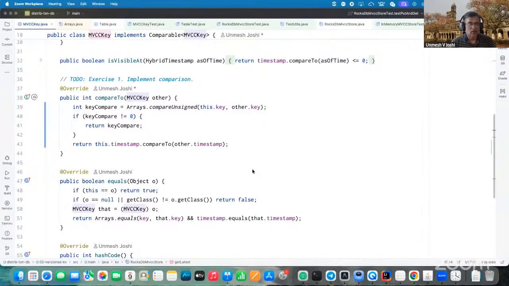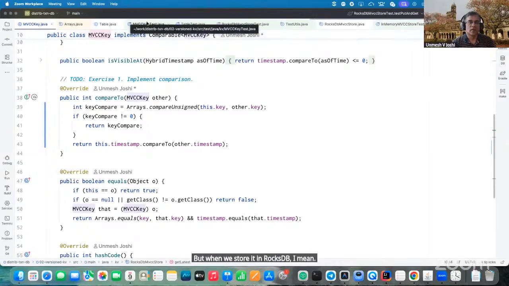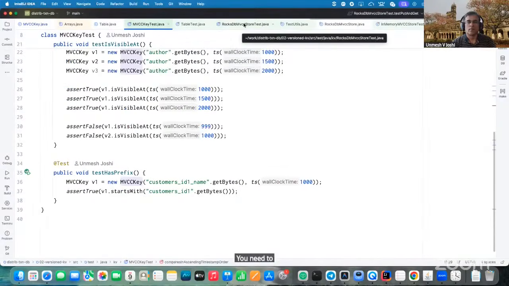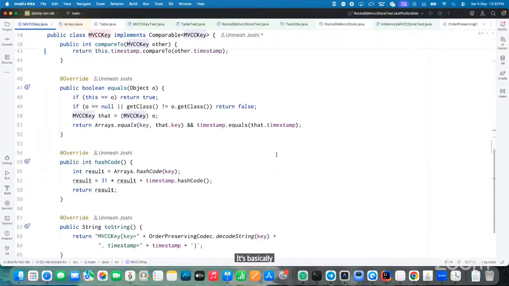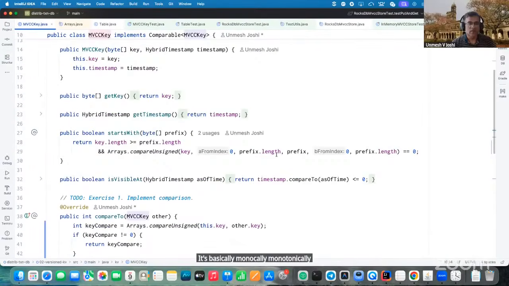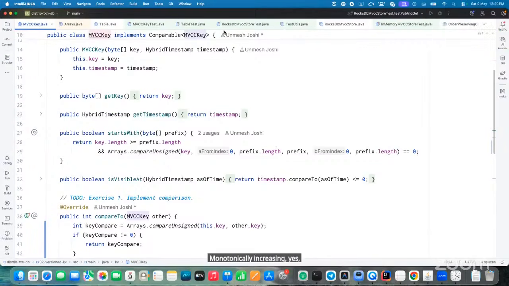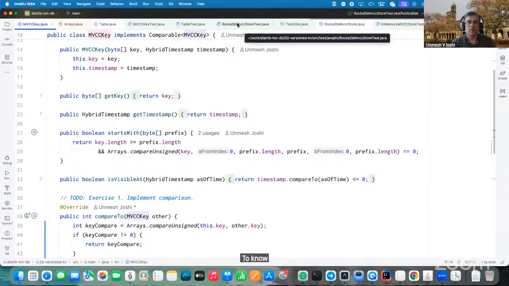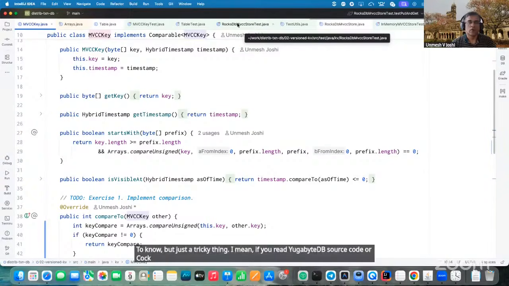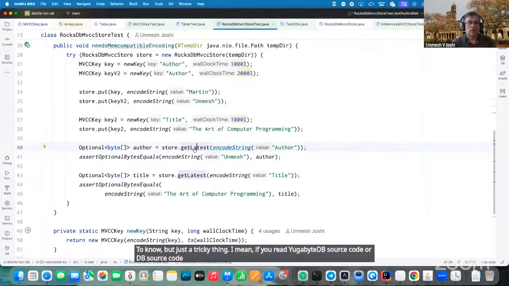But when we store it in RocksDB, there is a tricky thing about the encoding. It's not really essential to know, but if you read the YugabyteDB source code or CockroachDB source code,